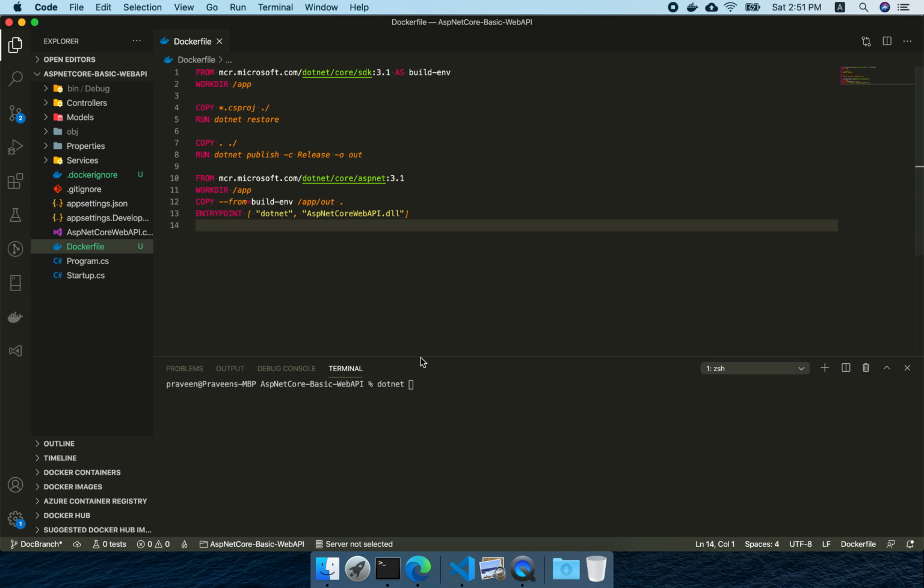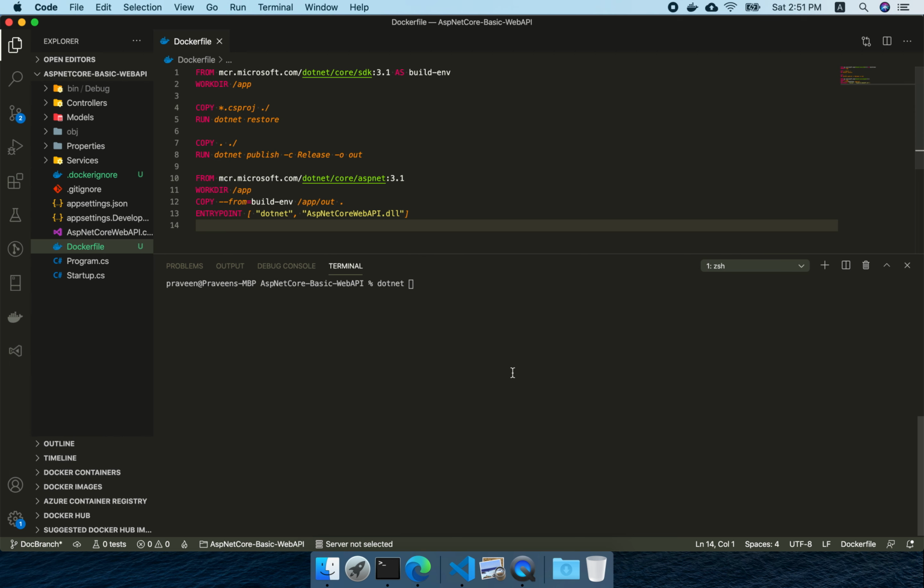The next step is we have to build an image. For that, the command is docker build -t, and you have to give the name of that. I'll just say ASP.NET app. And you have to provide where the Dockerfile is. That is dot, which means take it from the root directory where you are running this command. Once you write this syntax, hit enter.